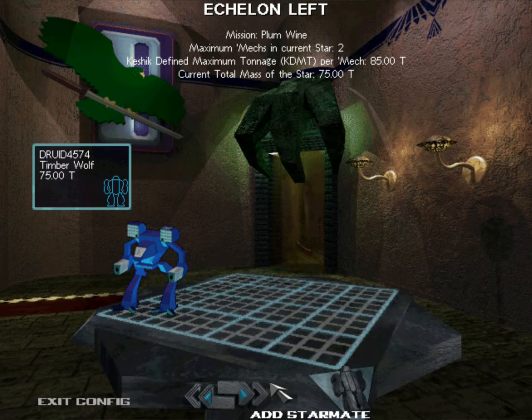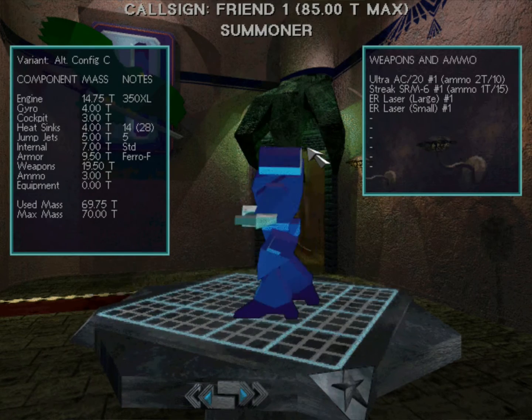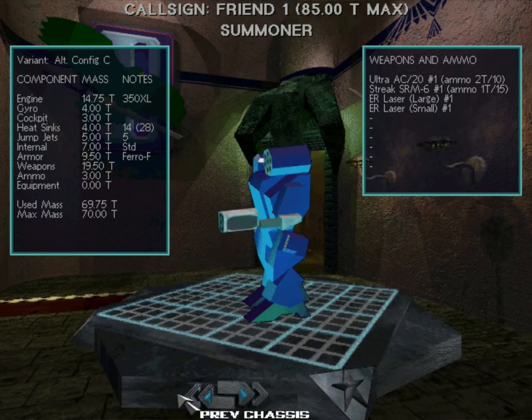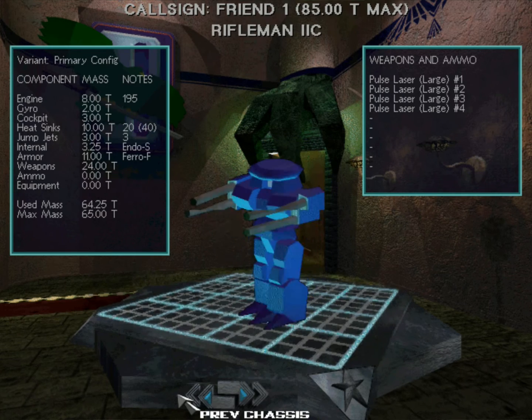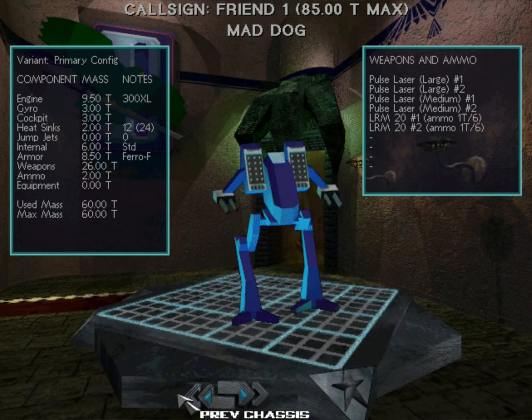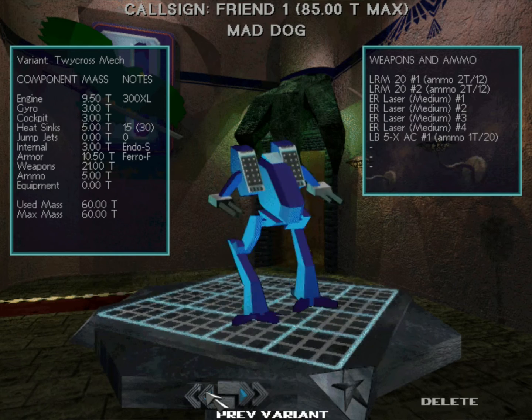So I will need a star mate. And I want to give my star mate a... Ooh, I can have up to 85 tons. That's very heavy. Unfortunately, mechs that are that heavy are going to be way too slow for this mission. So I want my friend to have a fairly lightweight but quick mech, and I think I'll actually give them... actually, why don't we call our star mate her...